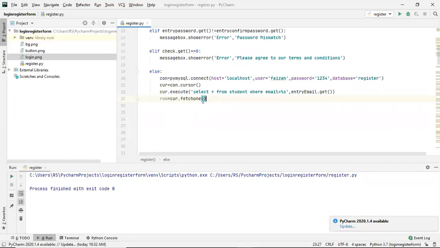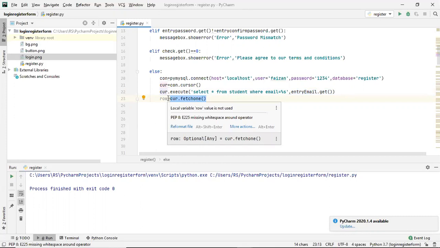What this will do is simply return a row, if there is a match. Whatever email the user has typed, I will simply select that row. For example, if the first email ID that I used was dia@gmail.com, that row will be fetched and stored inside this row variable.